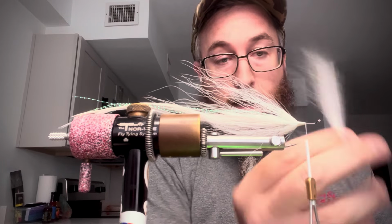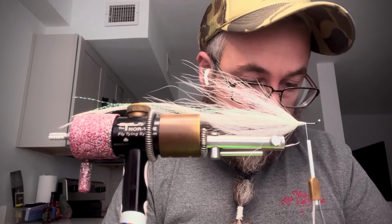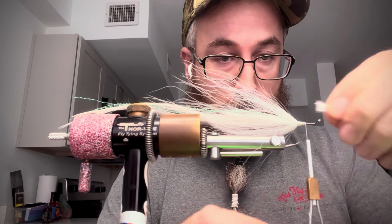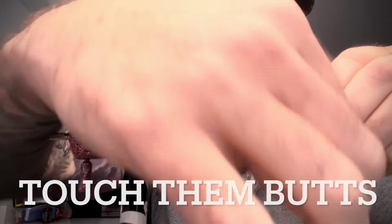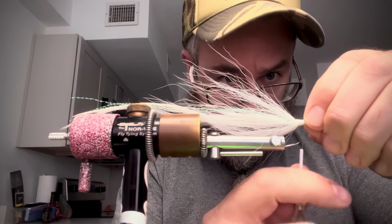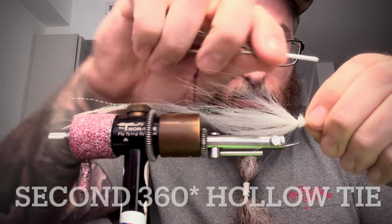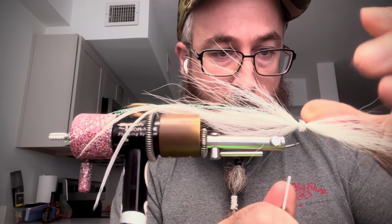So I'll try and get this thing to length here. I'm going to go a little bit longer on it than some people might enjoy, but that's just kind of my style here. So I leave enough of a butt to touch up to the top of that dam from our last hollow tie-in point. Give 2 wraps, kink that all down, create a little bit of flare so you know you got your tension up, and then give another wrap to hold that tension a little better. And then I'll spin her